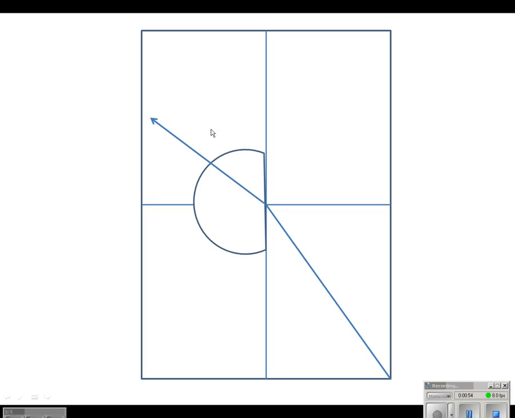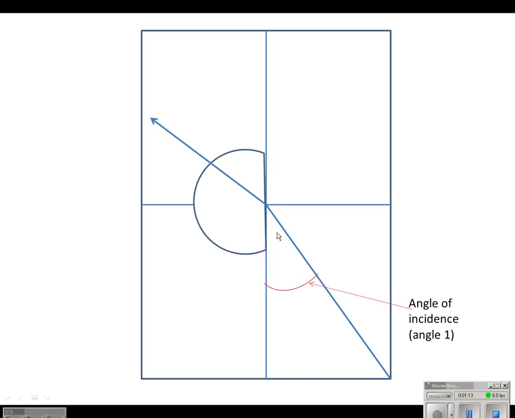If we look at our diagram, this shape here represents a protractor so that we can measure the angles. And down here at the bottom of the page, where my pointer is, would represent where the laser beam is going to be shown through the liquid medium. Here we would have our petri dish of our liquid. We would shine the light through, and this would be the angle of incidence, okay, the angle of the light